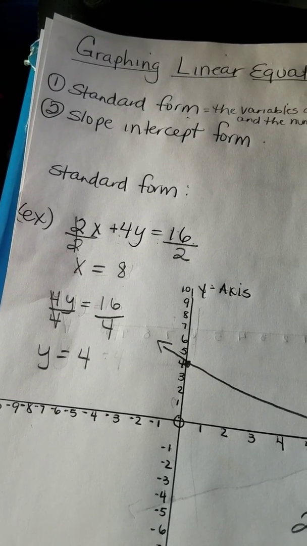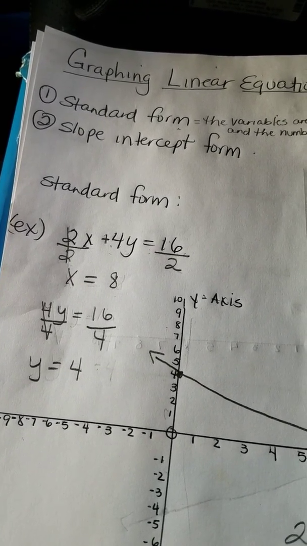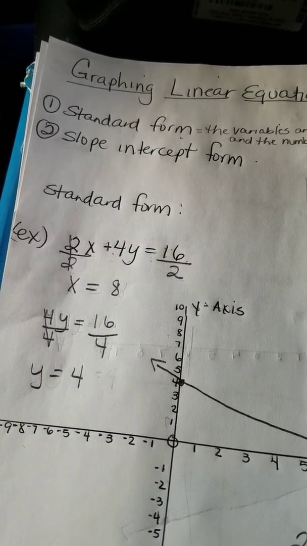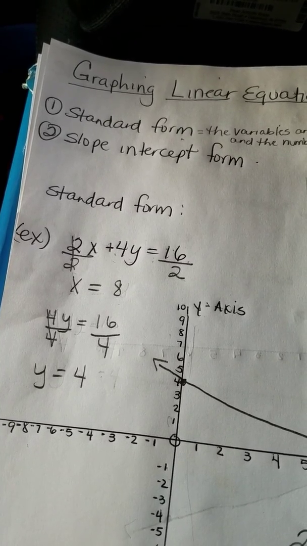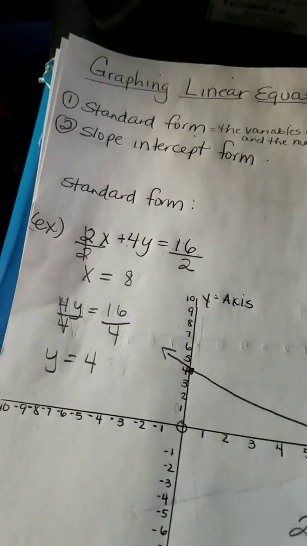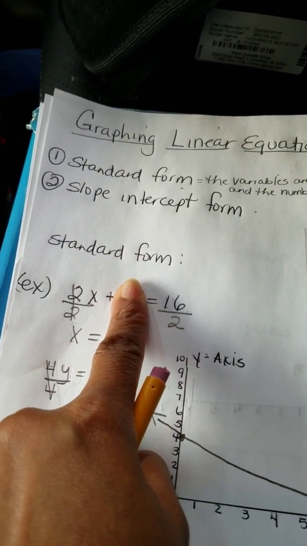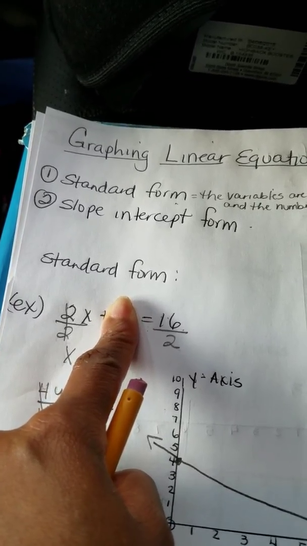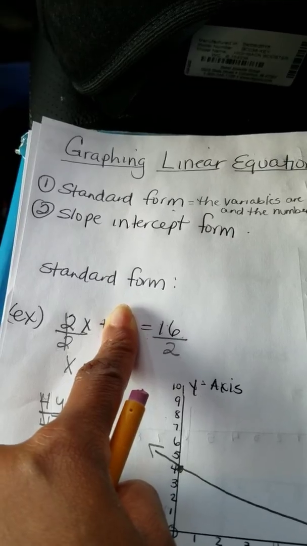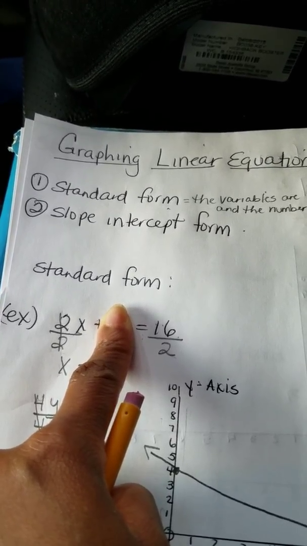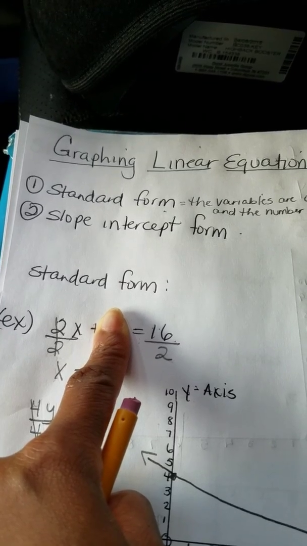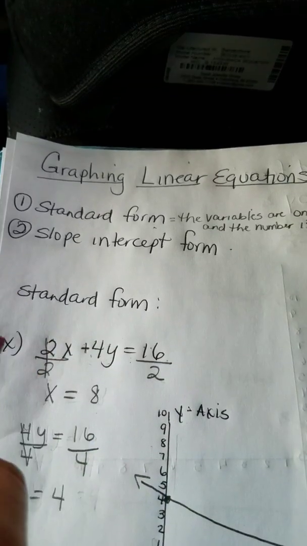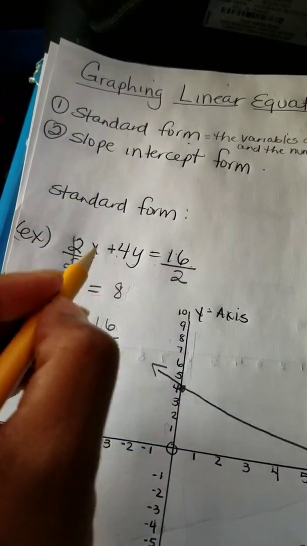The example I used was 2x plus 4y equals 16. What I did was I wanted to get x by itself, because I need to plot my x first and then my y. So I covered the 4y. I have 2x equals 16. Since I want to get x by itself, I divide by 2 on both sides. 2 over 2 cancels out and gives me x, and 16 divided by 2 gives me 8. So immediately I have my x